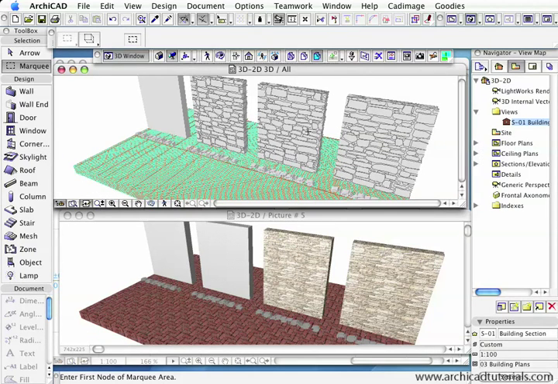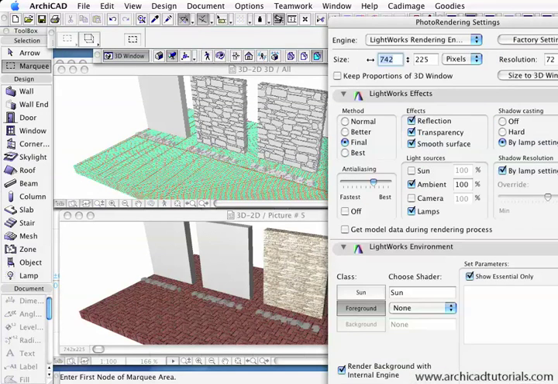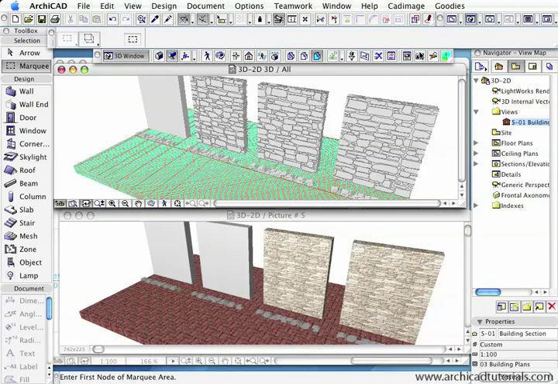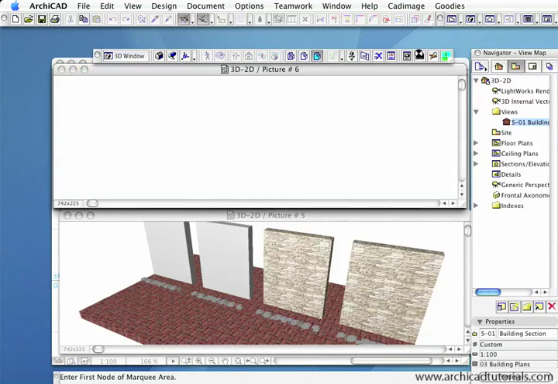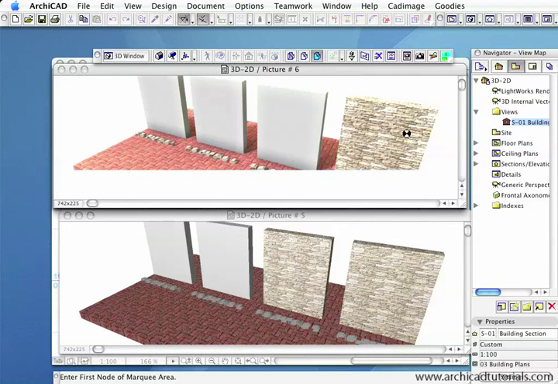So remembering that the only difference between the top window and the bottom window is the engine that they were rendered with. In both windows we can navigate and move around our file, change things, add things, but if I photo render this, we can see if I go to the photo render settings and change it to the Lightworks rendering engine, push OK. Now if I render it now, we can see that it's reflected those changes in those different materials. So if I just wait for this to render,